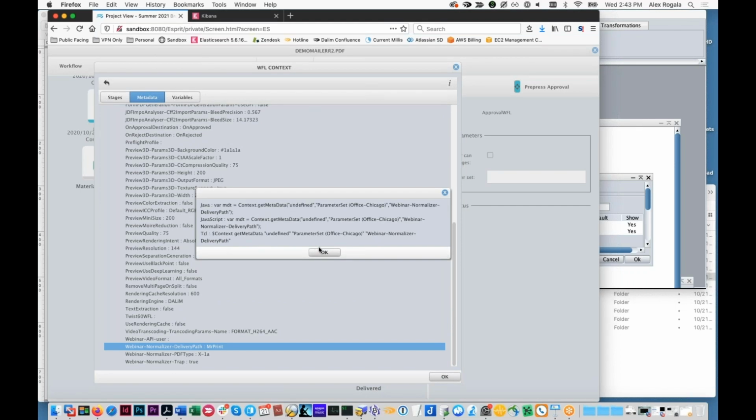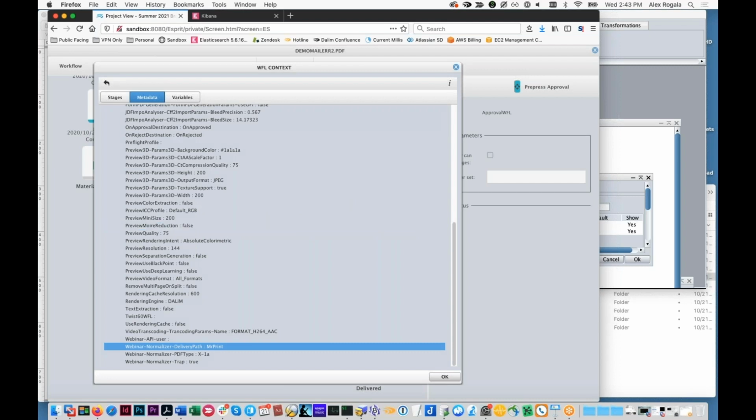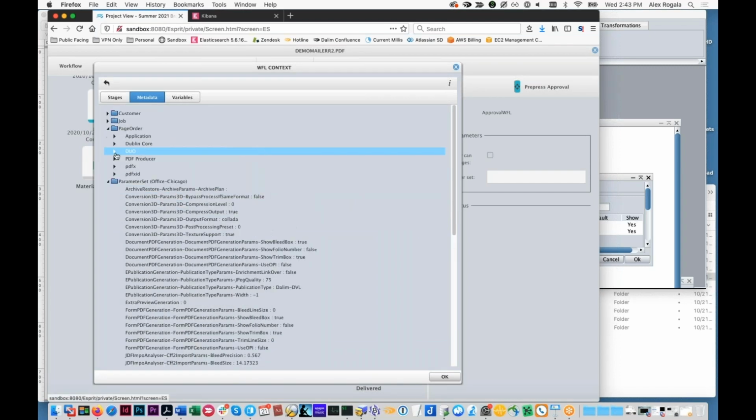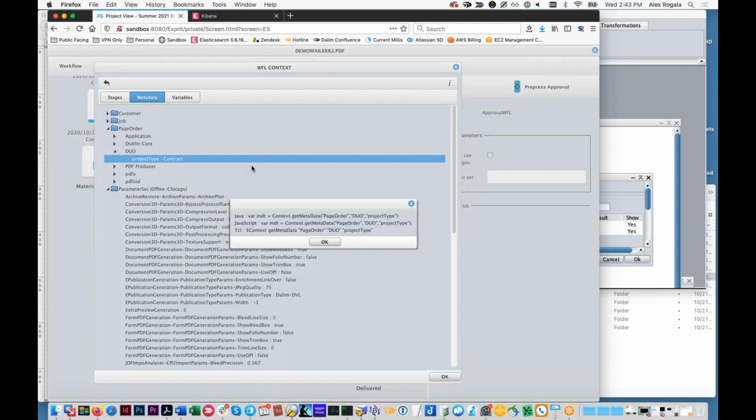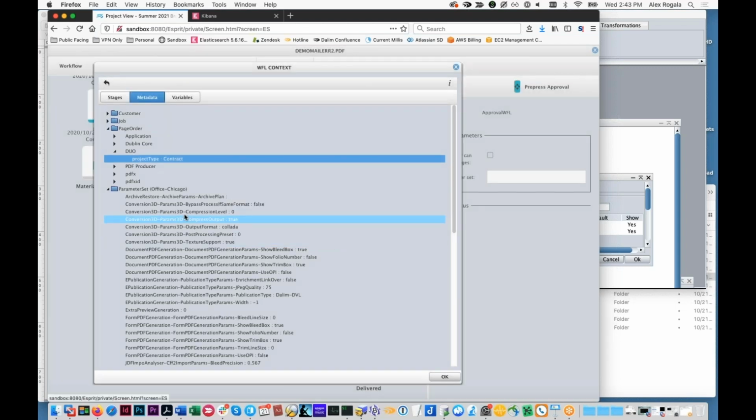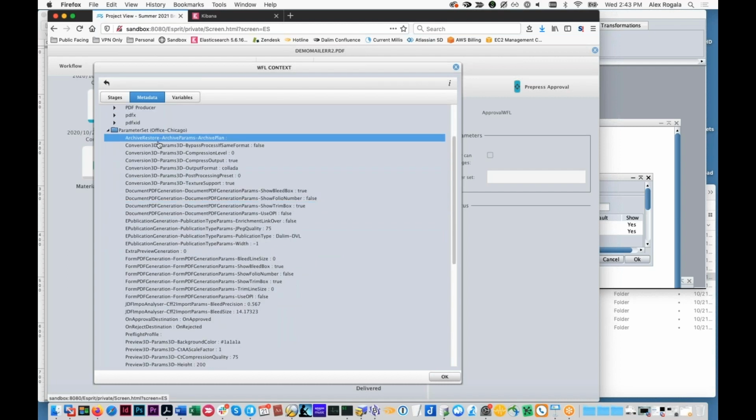Because this typically, like if you go to standard metadata, like page order metadata, it gives you a little piece of code you can paste in to get that in a program link and deal with it, or to use in the condition editor. But these don't. There doesn't seem to be a way currently to reference these in a program link or the condition editor. I did talk to Dalim about this. It looks like they opened a ticket to see if they can get that fixed,